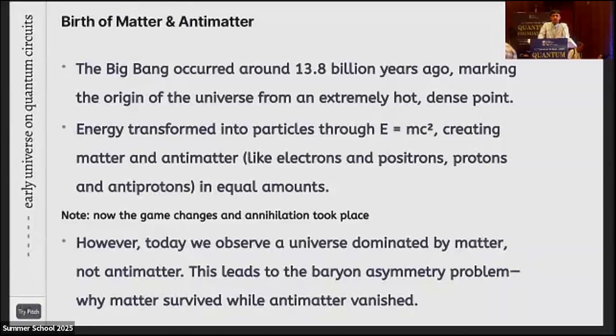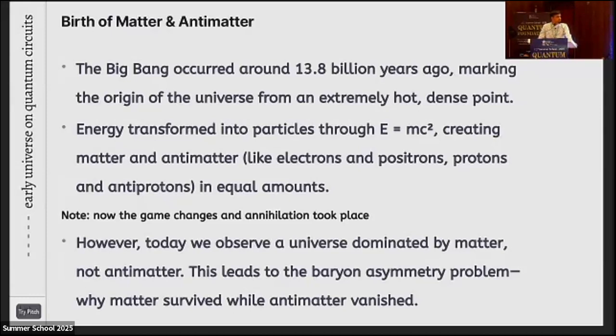So, when the Big Bang occurred 13.8 billion years ago, the origin of the universe exists, and there are two rules of matter. When we create matter, antimatter also comes into existence. And there is a second rule: when matter and antimatter meet, annihilation occurs, and they demolish each other, and all the matter and antimatter is converted into a tremendous amount of energy.